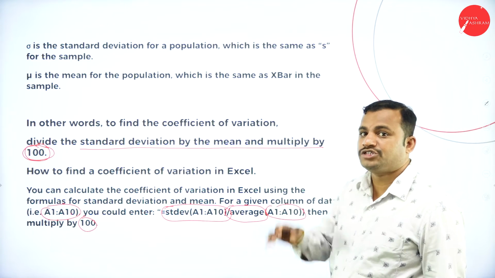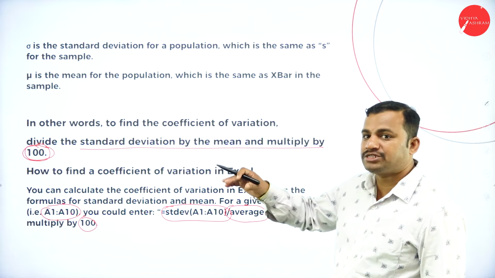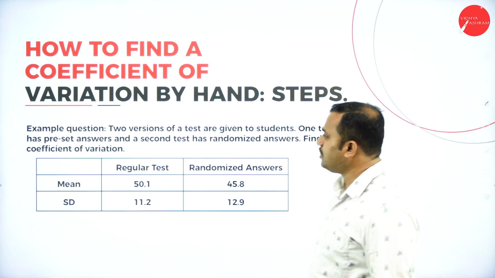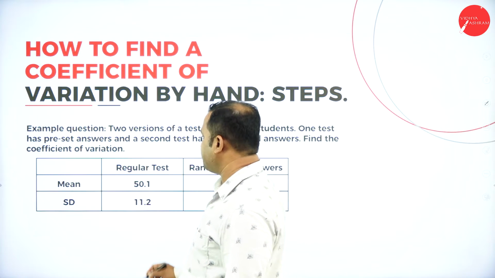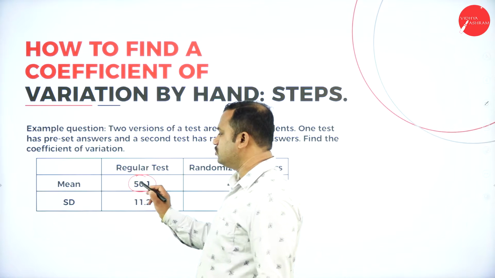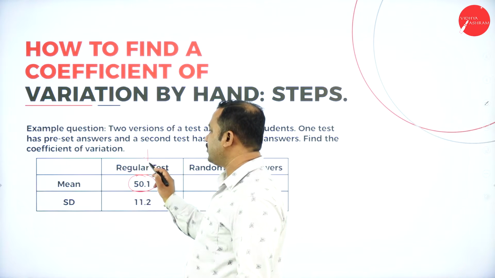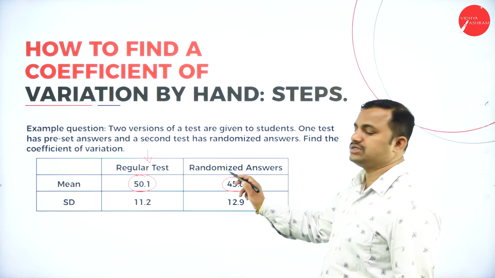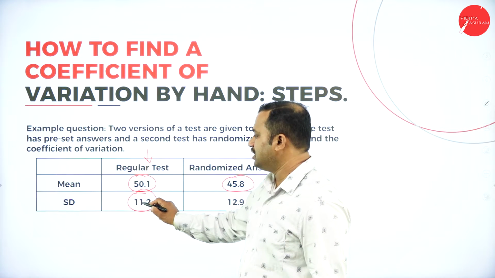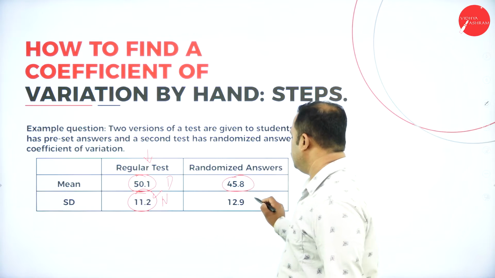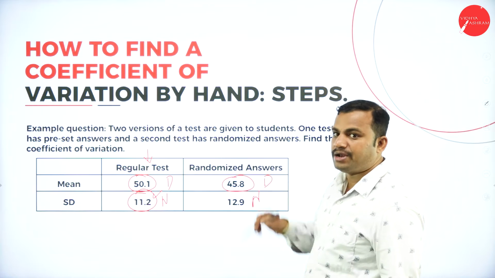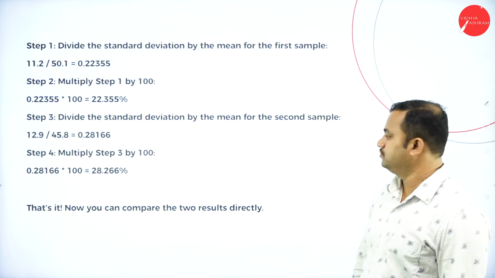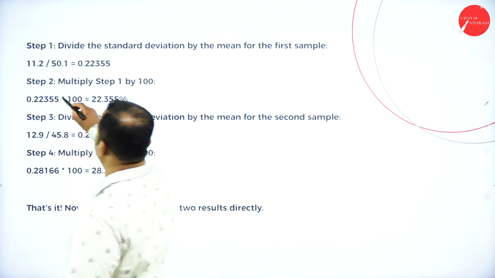That means the coefficient of variation of all the values represented and included in the rows and columns of those Excel sheets. For example, let me take up another example, in which case we have the mean value equal to 50.1% in case of the regular test. In case of the randomized test, we have 45.8%. Then, obviously, I use the standard deviation in the numerator and the mean in the denominator, and if I multiply it by 100, I will get the percentage of variation of sample 1 with respect to sample 2. The same thing, please observe that carefully here.